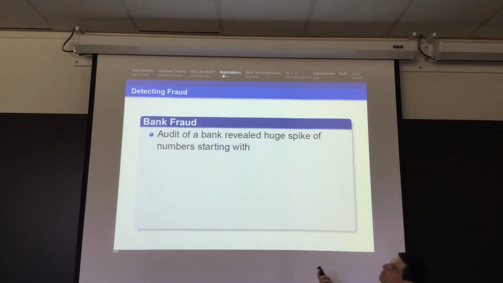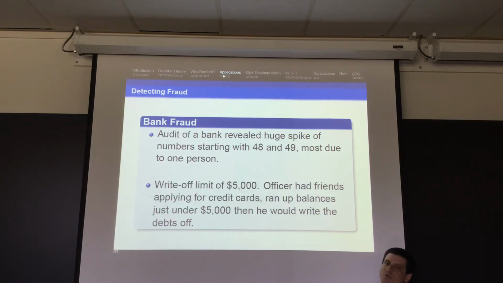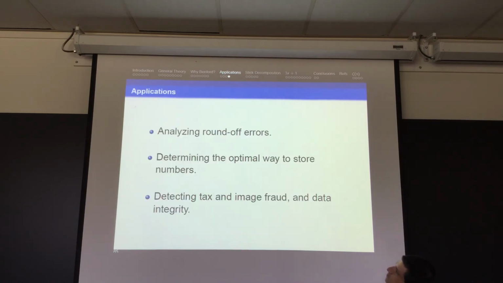So I talked about this audit of a bank that had a huge spike starting with 4, with 4.8, 4.9s. We talked about this yesterday. What was happening was a person was having their friends get $4,000 in charges, $5,000 in charges. That was below the threshold needed for an internal investigation. The friend could just write it off, and this was a nice way to steal money from the bank. It was caught with Benfordness. Stream flow data,